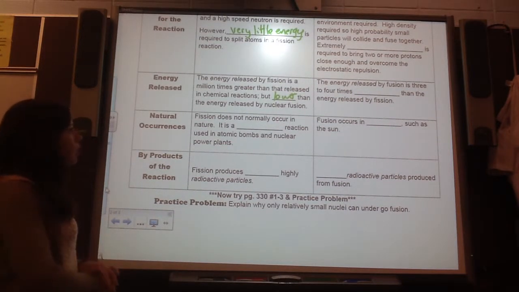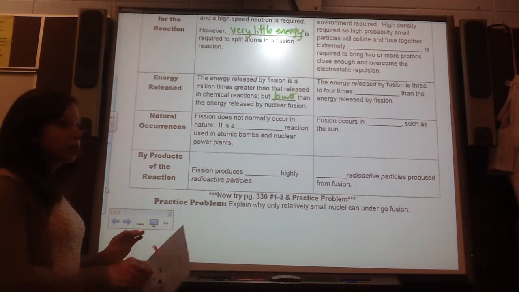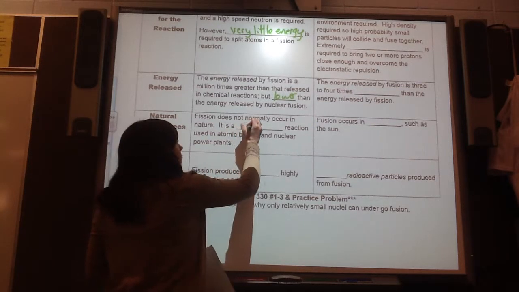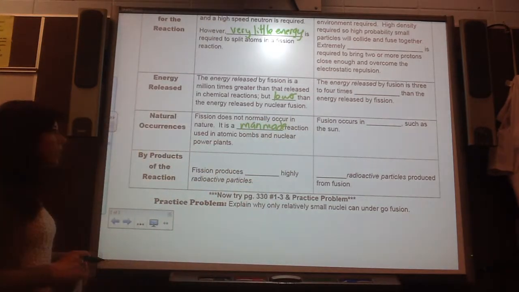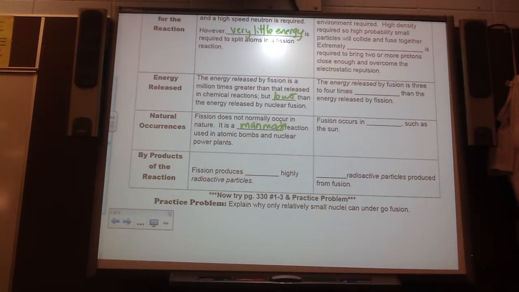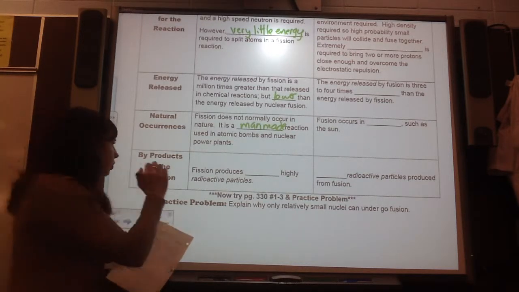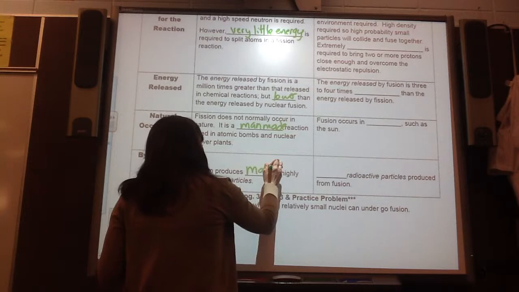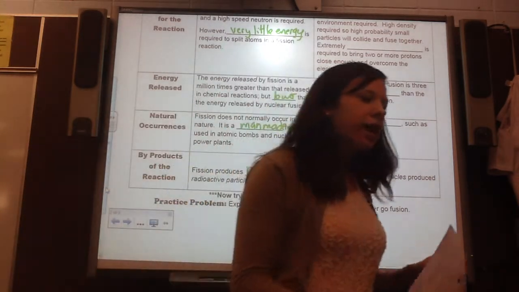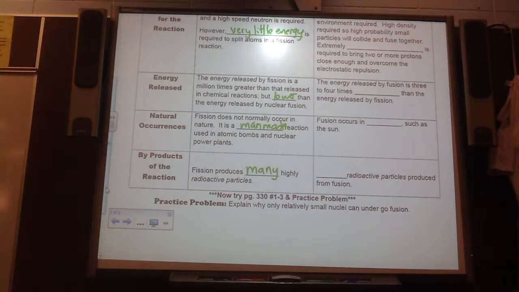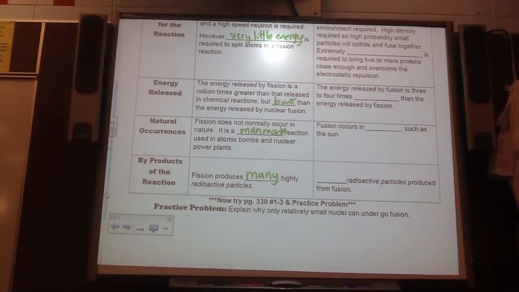So natural occurrences. As Maddie had asked, fission does not occur in nature. It is a man-made reaction used in atomic bombs and nuclear power plants. Fission produces many radioactive particles, which can be very dangerous. Hence, that's why Chernobyl was so devastating, right? Because it was a nuclear power plant where the situation happened, and it released, and so then all of that